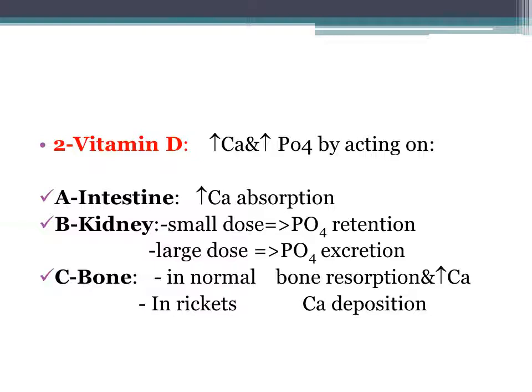Also on phosphorus, it increases the phosphorus level, mainly through the kidney. In small dose, it causes phosphorus retention. In large dose, it causes phosphorus excretion. In bone, in normal bone resorption,